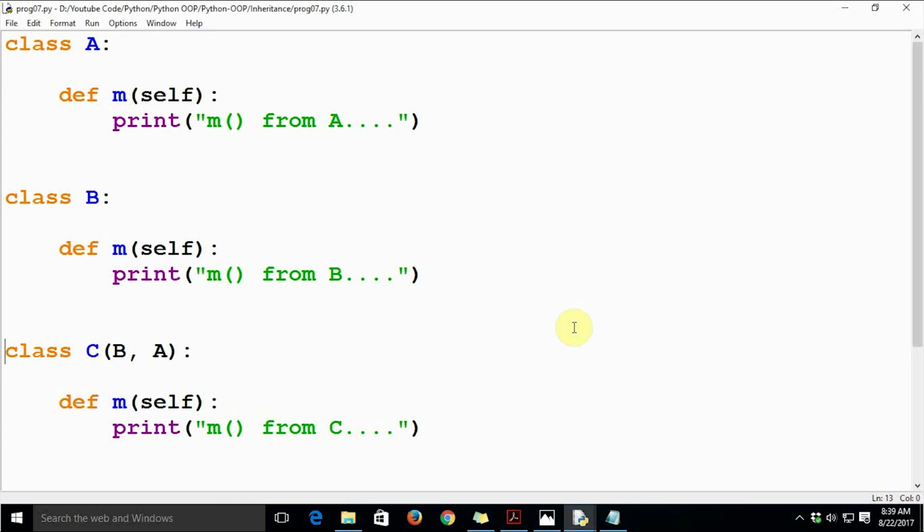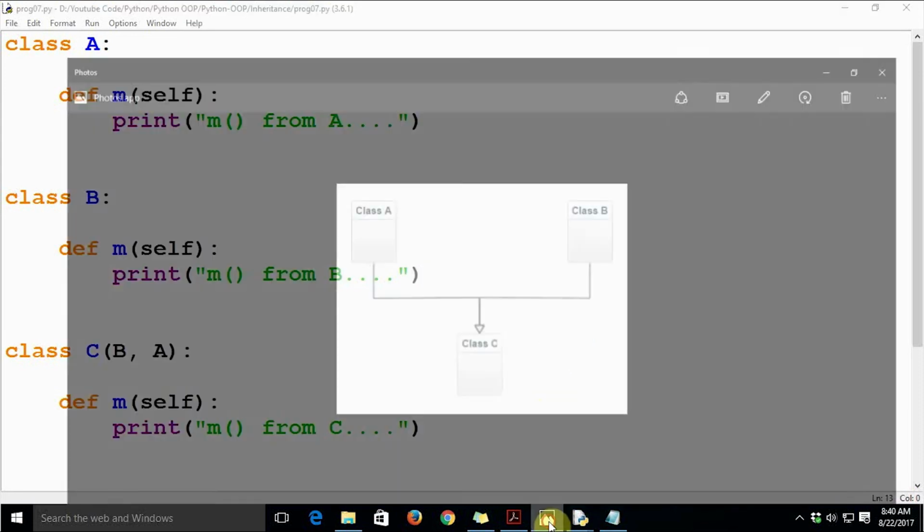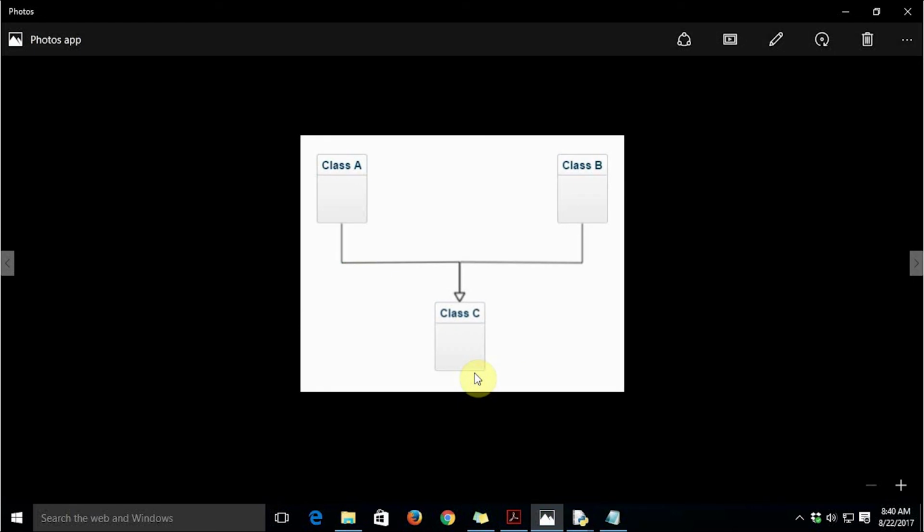It's a very nice concept in object oriented programming and Python. It clearly shows us the precedence in which the method is executed, or the order in which the method is called while executing. So this was all about multiple inheritance and method resolution order in Python 3.